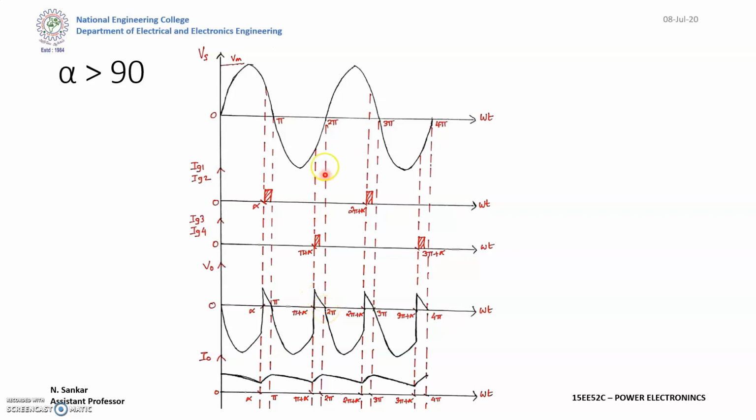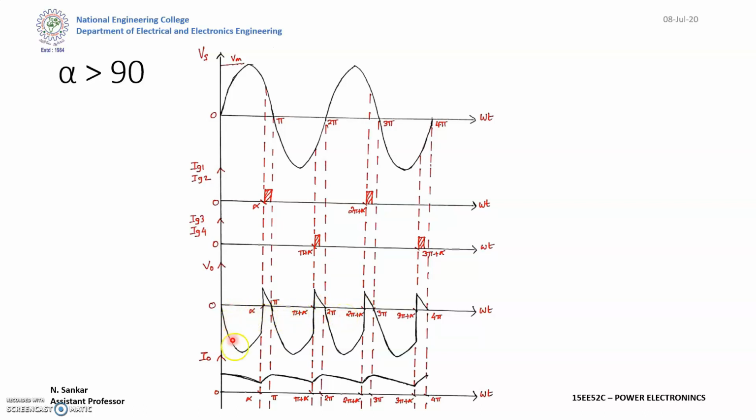After this part, the waveform is the positive half cycle. Since we have an inductive load, T3 and T4 will continue the conduction, but in a negative manner, so the voltage will be negative. If you look at the area where T1 and T2 and T3 and T4 are conducting, from alpha to pi plus alpha, T1 and T2 are on. From pi plus alpha to 2 pi plus alpha, T3 and T4 are on.